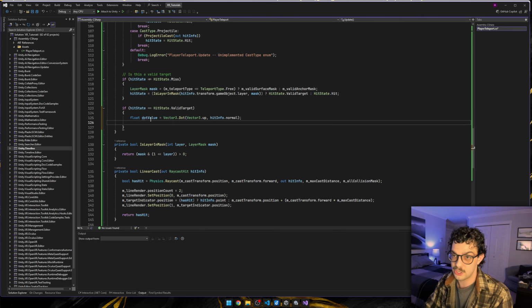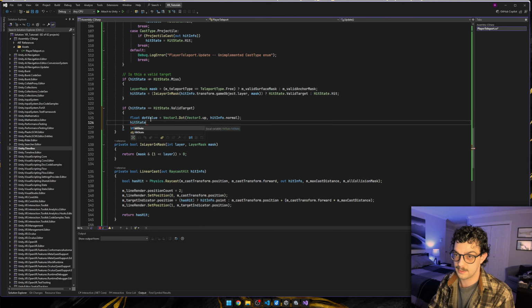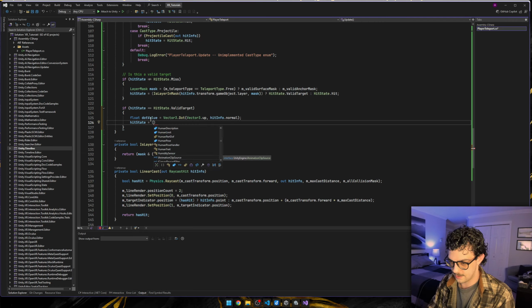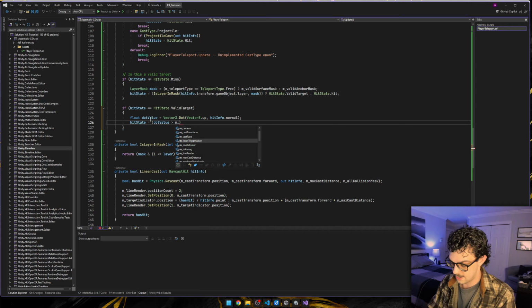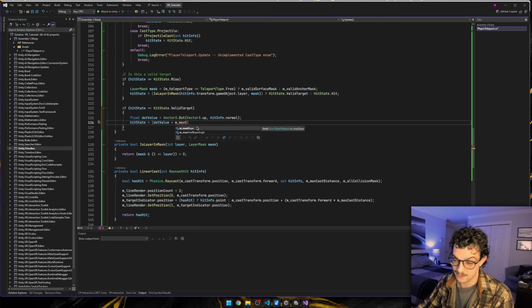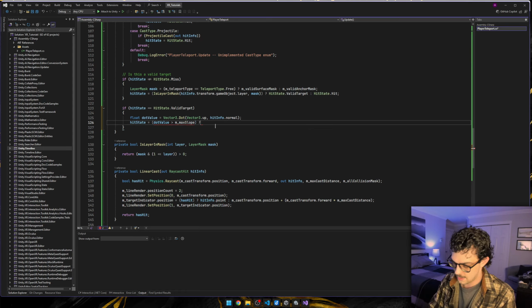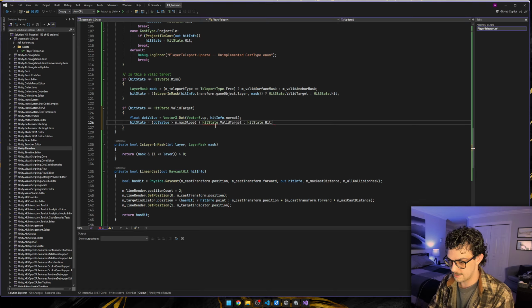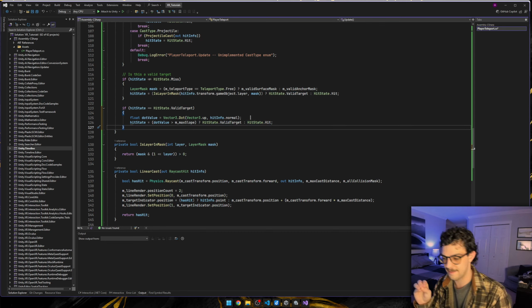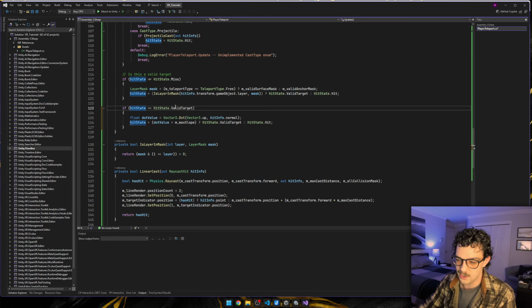And so now we can just check, again, we can do our hit state equals, again, let's just do another ternary with the value being dot value is greater than m max slope. So again, we're doing that stored value, not the one from the serialized thing, because that's just an angle. So we want that. The ternary value, which is going to be hit state valid target versus, it's going to go back to hit. Perfect. All right, so now we've checked and made sure that we have an actual final surface in which we can do. Also, I did just realize this is only if our cast type, not our cast type,